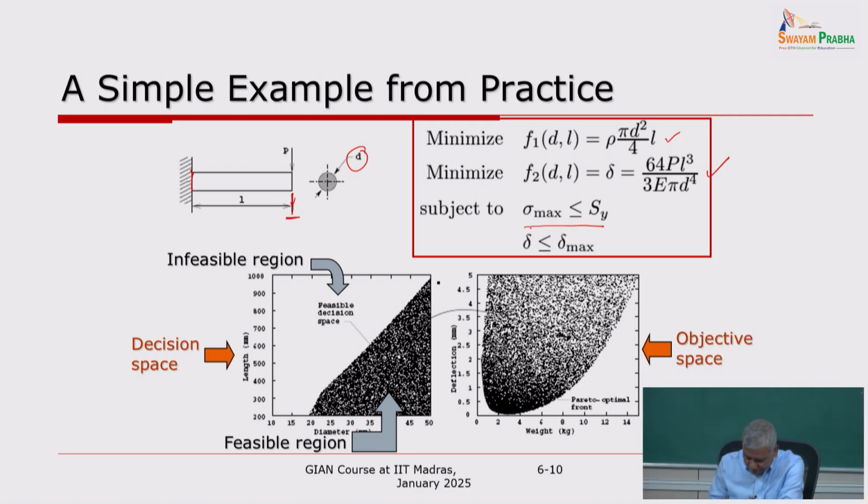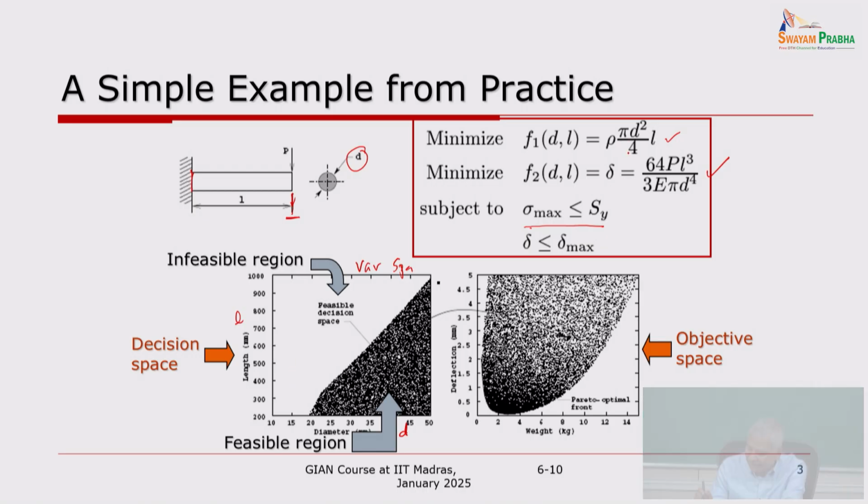So what's happening here? This is the variable space, where I have d on this side and L on this side, two variables. I take lots of points here. For every point I have a d and L. Before computing the two objectives, I can see if it is feasible with respect to both of these constraints. All these points here are feasible, these points are infeasible. That's why I didn't put the dot. Each of these points now I can compute f1, f2 and I put it on this space called objective space,